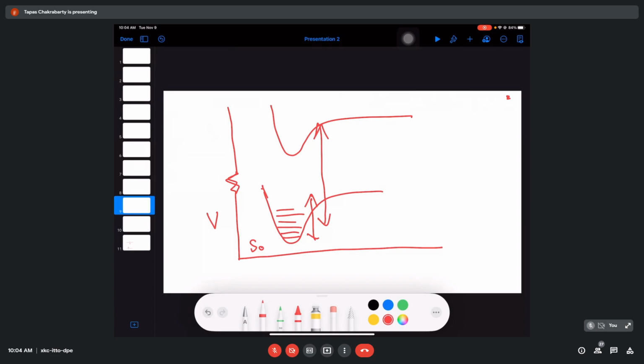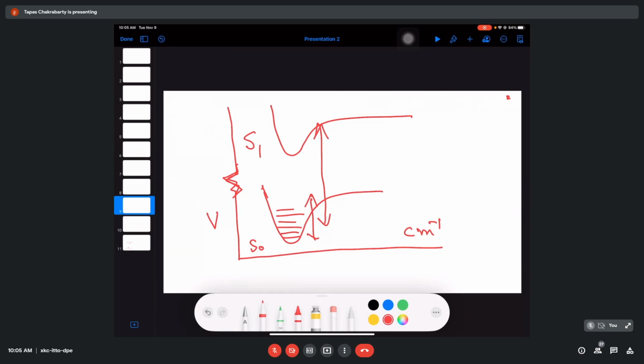When you talk about molecular vibration, you talk about several hundred inverse centimeters. But when you talk about electronic excitation, in terms of the same energy unit, inverse centimeters, you will see that this energy gap is several tens of thousands of inverse centimeters. So that's why this general symbol, this kind of break, is used here, to indicate that it is not actually a linear scale. So this is my excited electronic state, and this is my ground electronic state.